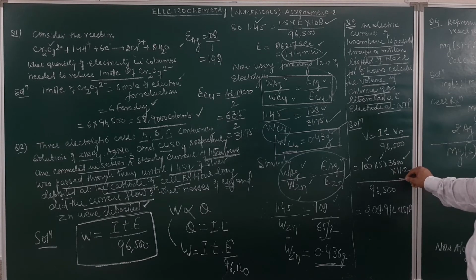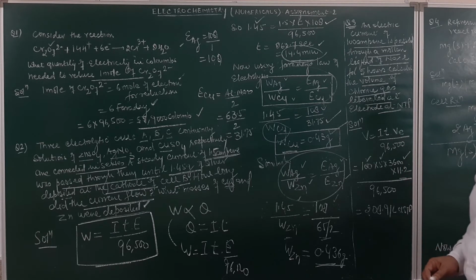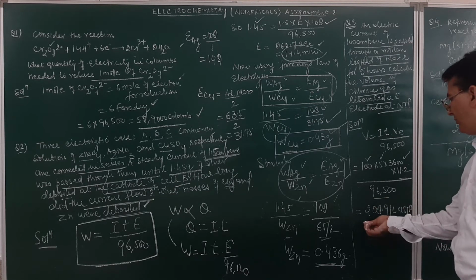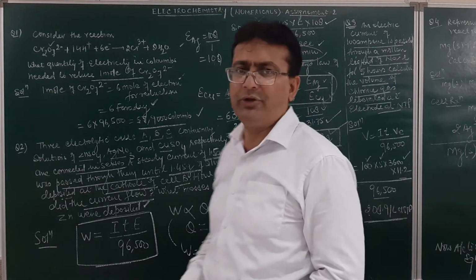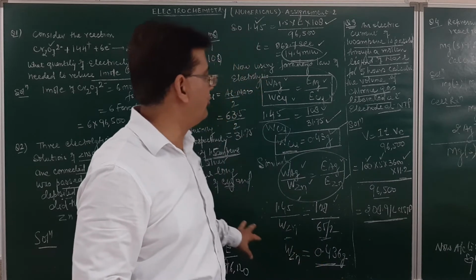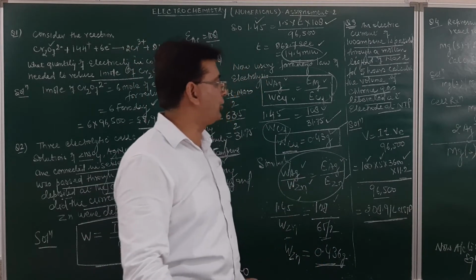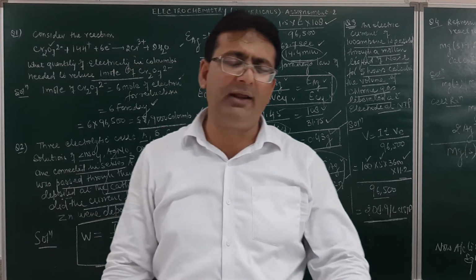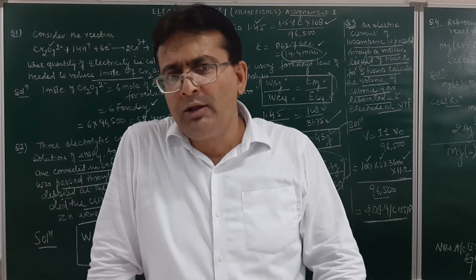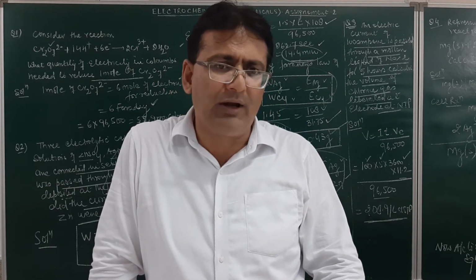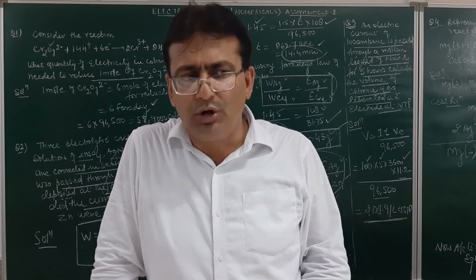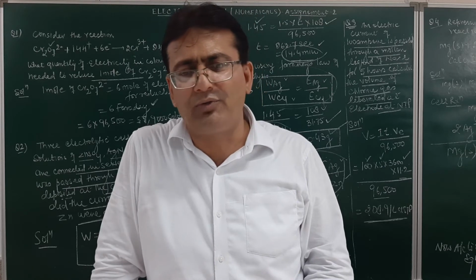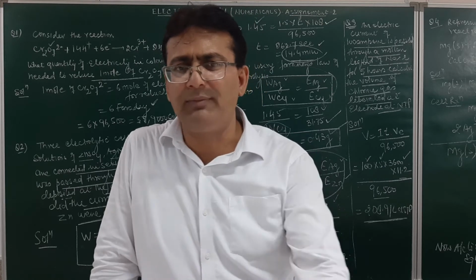What is the equivalent volume over here? 11.2. I told you earlier also how to find out the equivalent volume. Then divided by 96,500 coulomb, and the value will come out to be 208.91 liter. Is it clear or not over here? So this is how the volume obtained instead of a mass on the electrodes can be calculated by using Faraday's law of electrolysis. I hope the 3 questions based on Faraday's law of electrolysis must be very clear to you. Now we will be doing certain more questions which will be based on the second part of the chapter, which is the electrochemical cell.